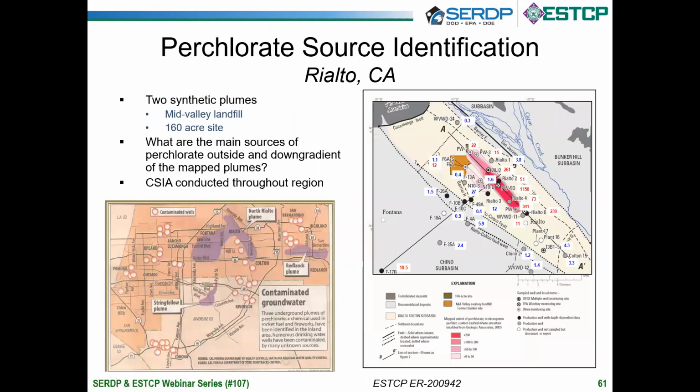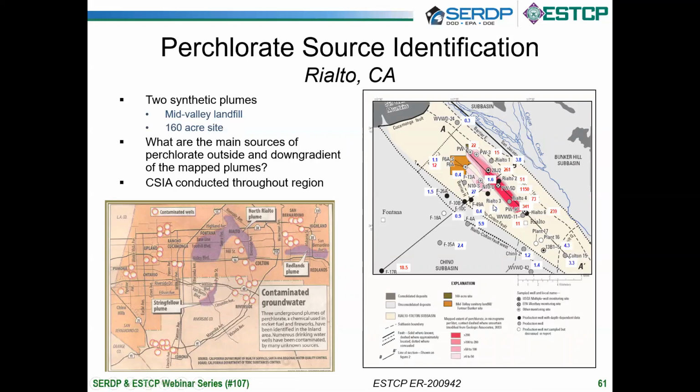Now, final case study here. This is Rialto, California. There were basically two large synthetic plumes in Rialto, and there were two different sources of these plumes, and you can see them flowing down gradient here. And essentially, everyone knew in these high concentration areas this was synthetic perchlorate, but this question arose about